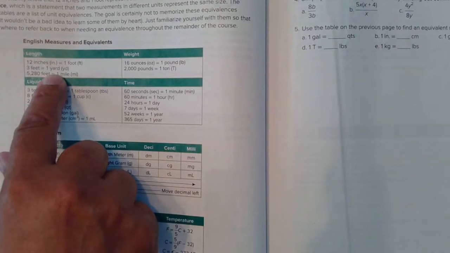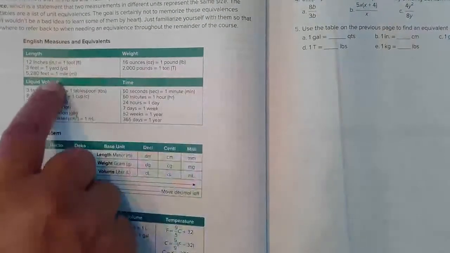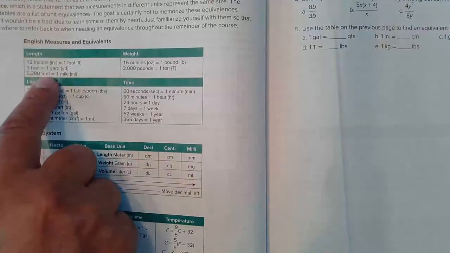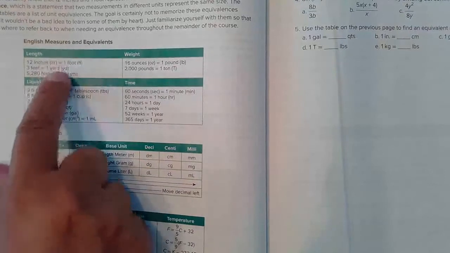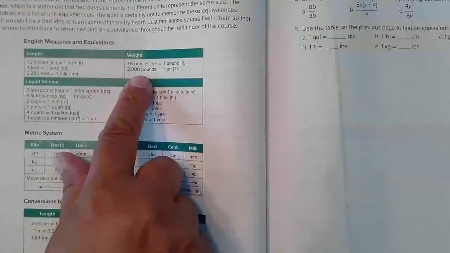So you'll notice that when you're in the English system, those are the ones that should be the most common for you, unless you were raised in a different country, and then that country's accepted form of measurement would be more familiar to you. But in the English system, we use feet, yards, and miles when we're doing length. For weight,